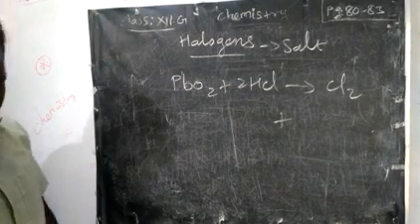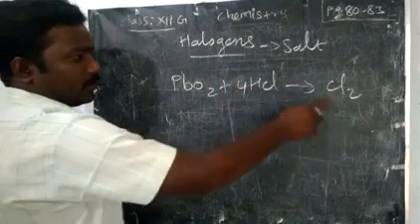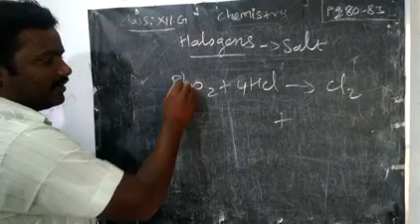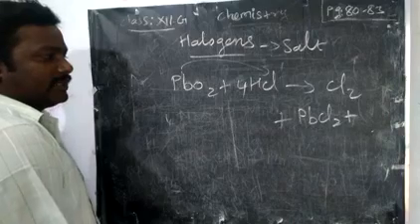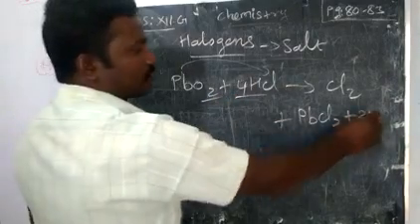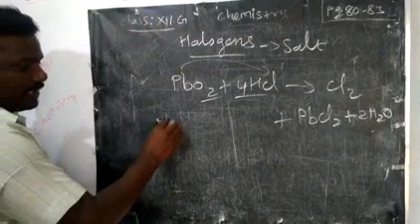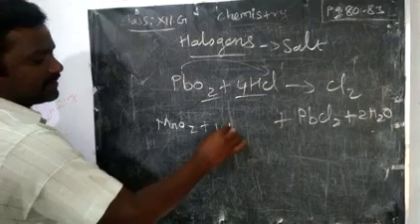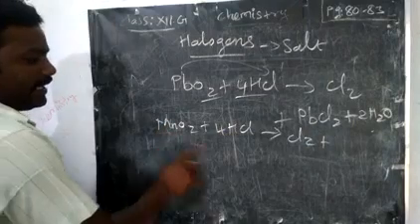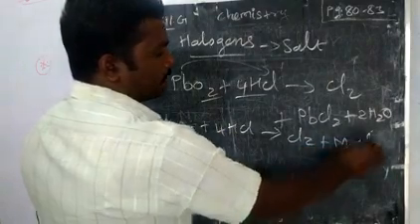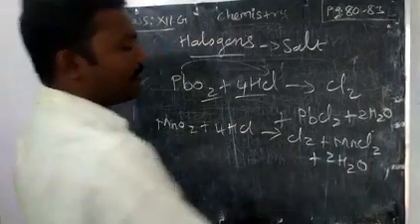You just write here. We have to take 4 moles, right? Cl2 is removed. Remaining we have 2 more Cl. Along with this lead, we can remove lead chloride. And then what things are remaining? 4 hydrogen, 2 oxygen, so 2 moles of water. Then manganese dioxide, MnO2 plus 4HCl. As usual, write the Cl2. What's the remaining? MnCl2. 4 hydrogen, 2 oxygen, 2 moles of water.